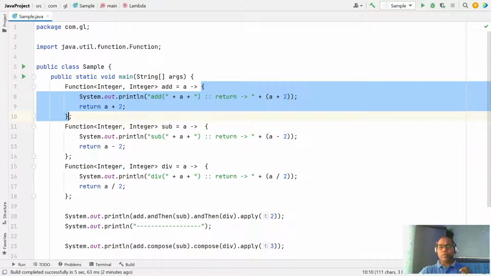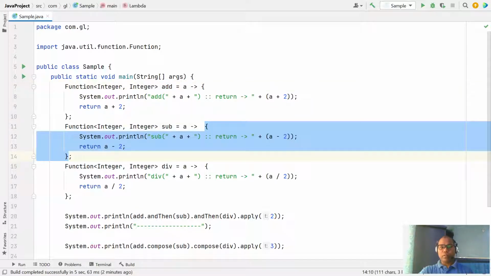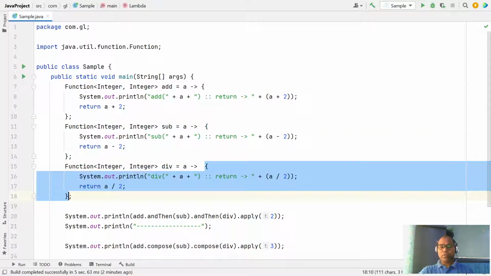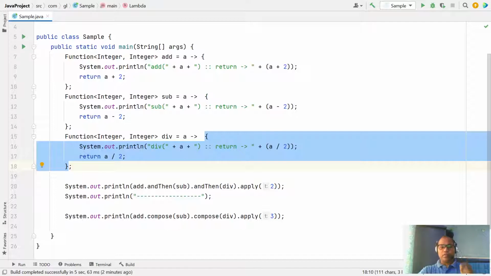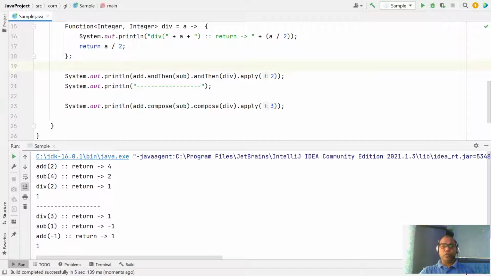So in this we have one function add that returns a plus 2, function sub returns a minus b, function division returns a divided by b, and let's run it again. Now you notice we have invoke add and then apply sub.